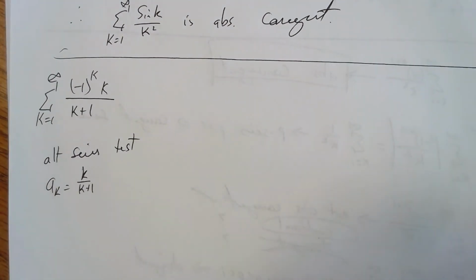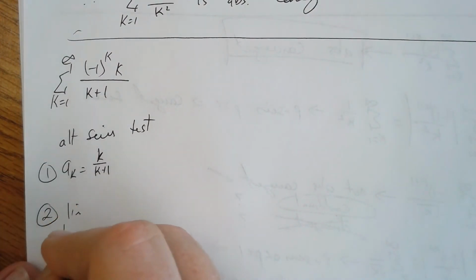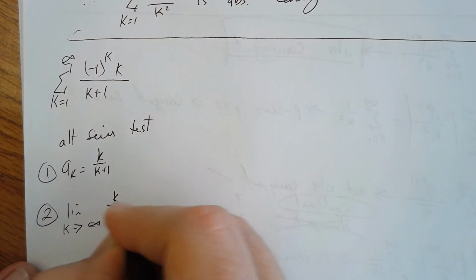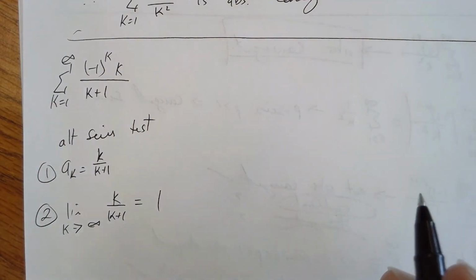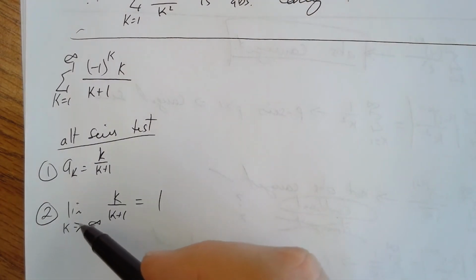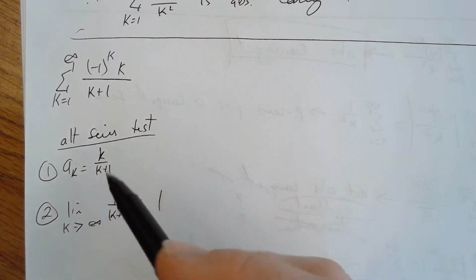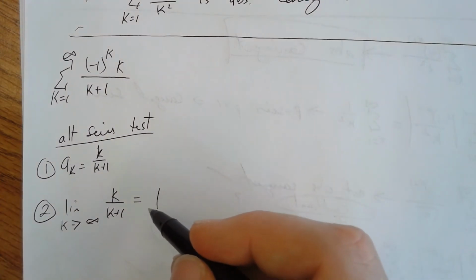I could work with that piece, first take the derivative and do all of that stuff again, but I'm going to skip all that. I'm going to jump straight down to the second condition for the alternating series test. The second condition is the limit as k goes to infinity of k over k plus 1, and this is actually going to be equal to 1. Just by looking at the alternating series test, I'm looking at basic convergence, not conditional yet. I can't consider conditional because I haven't disproven absolute convergence. But since the limit as k goes to infinity of a sub k, the portion inside the alternating series, is equal to 1,